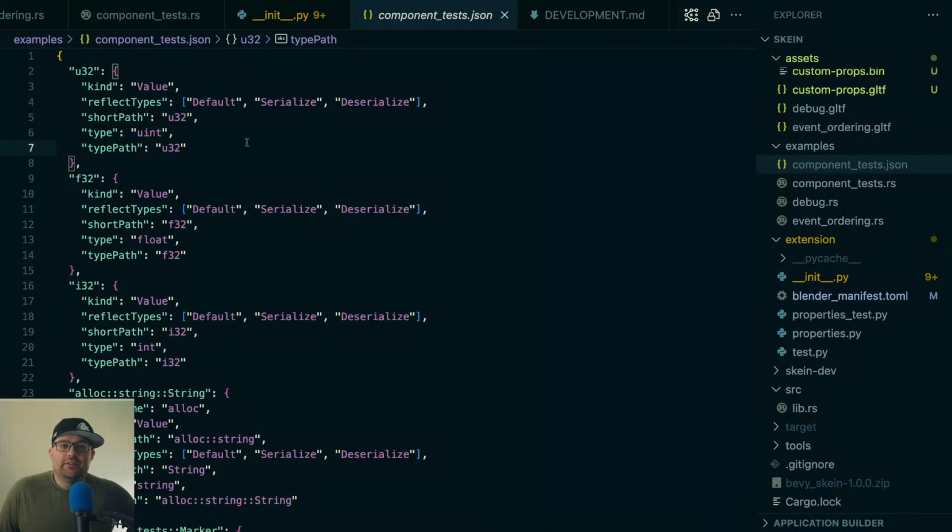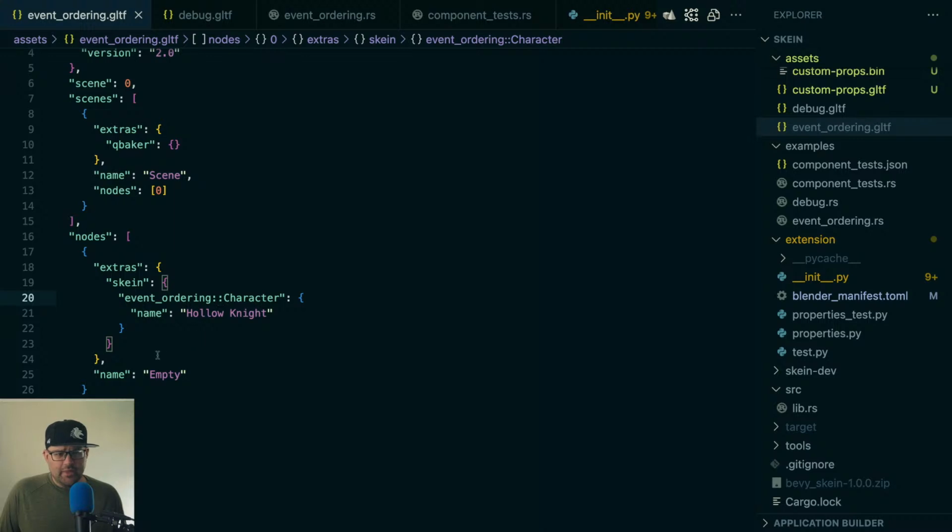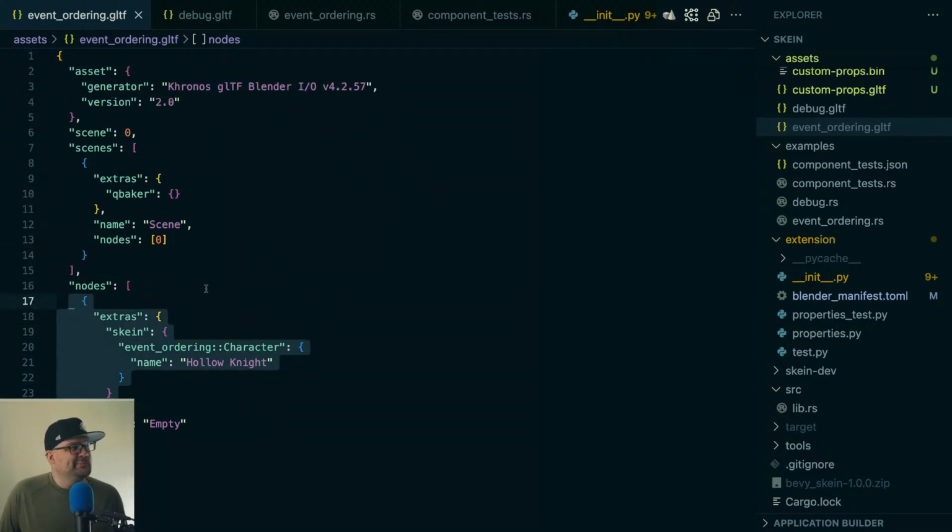From what you understand, this exporter is to clean up the GLTF file so that the exported GLTF file has some attributes to it, correct? Yeah, so the GLTF extras, I think I can just show that. This is one of the older GLTF extras or GLTF exports. This one happens to be kind of semi-handwritten, but